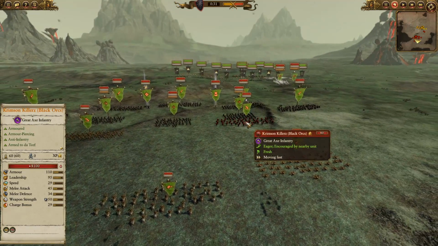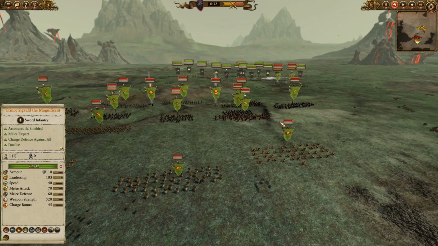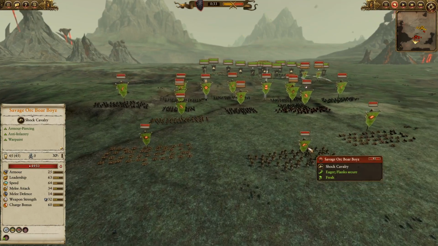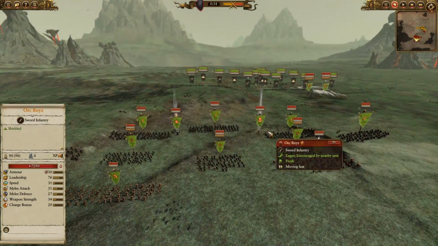As a matter of fact, the Crimson Killas are one of the strongest great weapon units in the entire game, pound for pound in just a duelist situation. So as long as they don't get focused too hard, they can do some work. So Goblin Wolf Riders, or Forest Goblin Spider Riders in the back, two of those, as well as the Savage Orc Boar Boys. So the ultimate meme war,